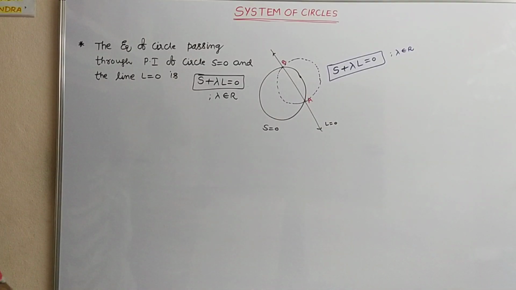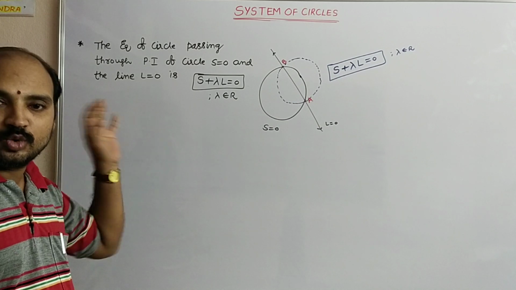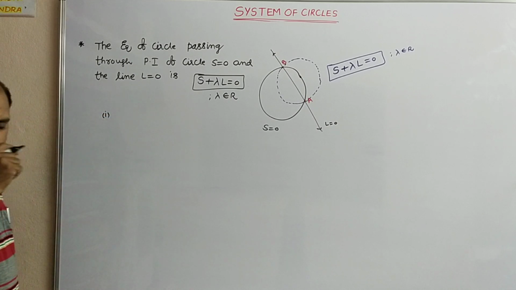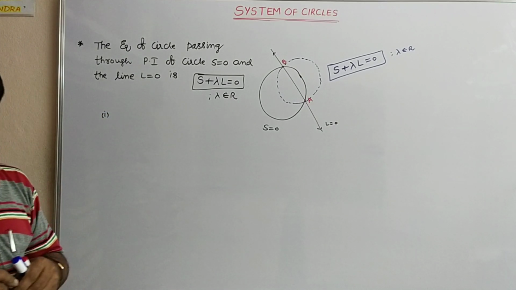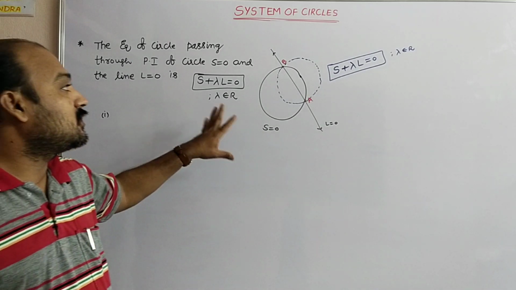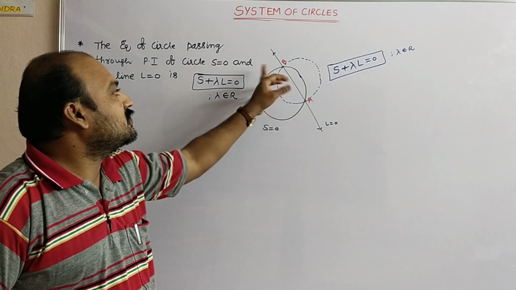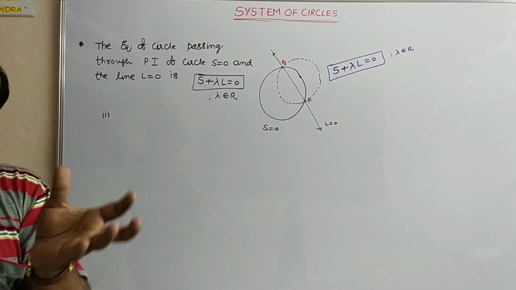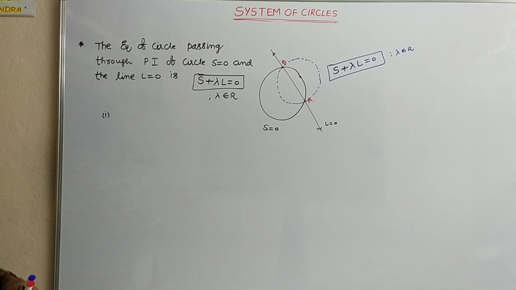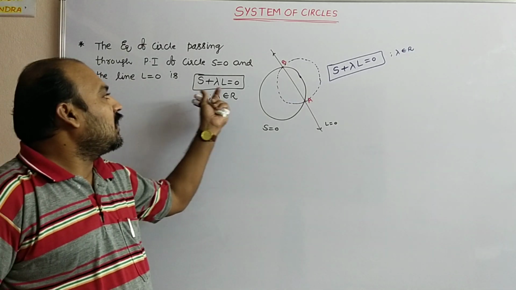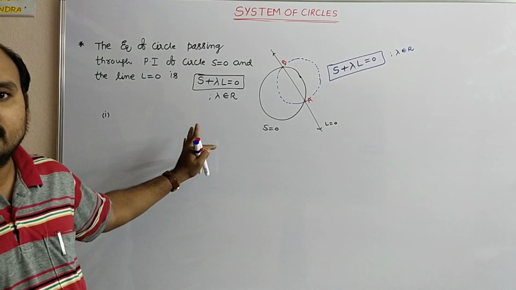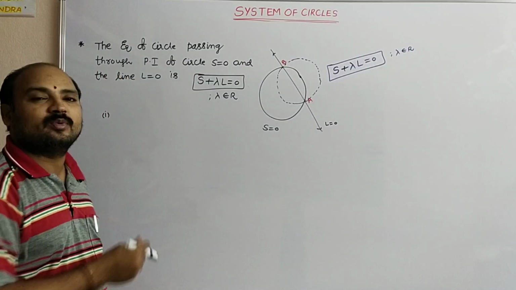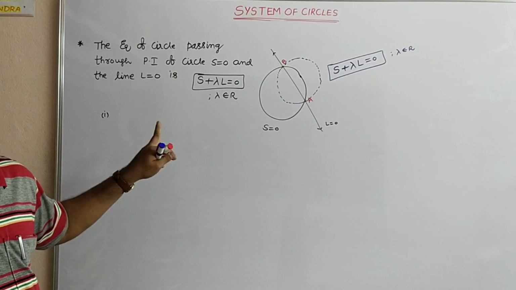And how do they ask the question based on this? So 2 to 3 types of questions are there. One is, find the equation of circle passing through circle and line, and also through the point (1, 1), (1, -3), like this they will do. So that time, circle and line substitute in that equation. Substitute the point, you will get the lambda value. The lambda value, substitute again in this equation, we can get the required equation of circle.